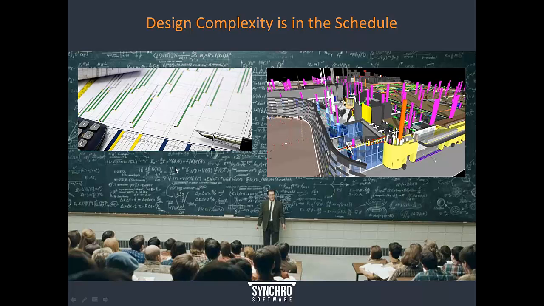And the scheduling complexity is a derivative of the design, but it also presents an opportunity to create ideas and methods for improving the process by which these facilities are constructed, given the data that's retained and presented in the models for design. Design complexity then is in the schedule.